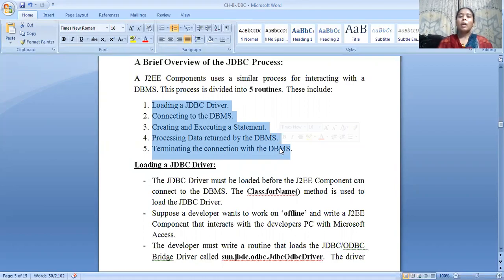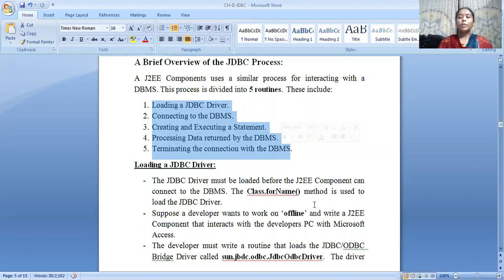Then the connection will be closed. So altogether there are 5 different steps in interacting with a DBMS. This is how the overview of the JDBC process occurs. I think this is the only essay question that you can get from this JDBC unit.